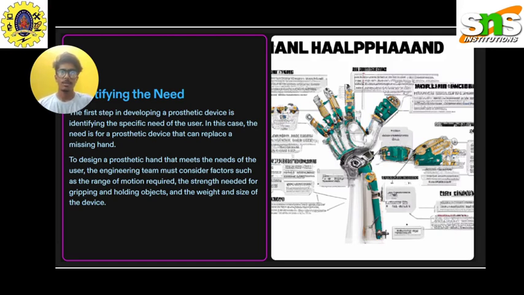Identifying the need. The first step in developing the prosthetic device is identifying the specific need of the user. In this case, the need is a prosthetic device that can replace a missing hand. To design a prosthetic hand that meets the need of the user, the engineering team must consider factors such as the range of motion required, the strength needed for gripping and holding objects, and the weight and size of the